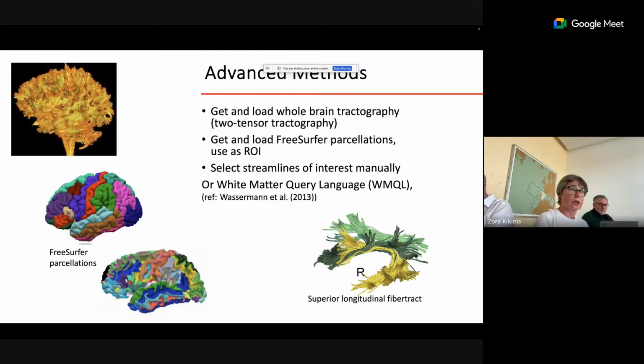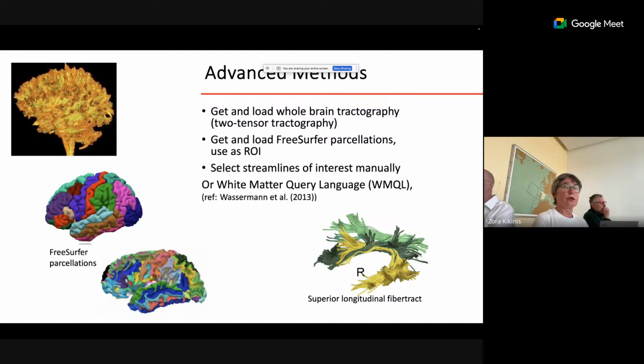It also generates white matter parcellations. So when we then select streamlines, we load up both of these images and select streamlines of interest. We can do it manually again, which is really good in the beginning of a project, when you explore